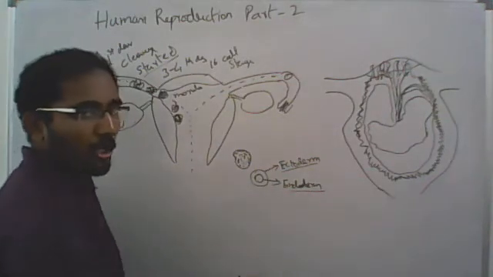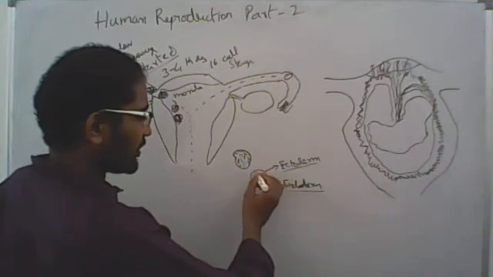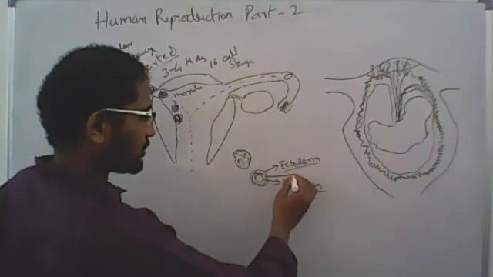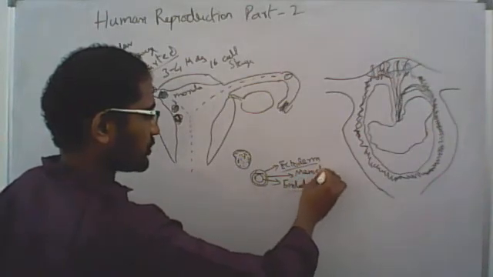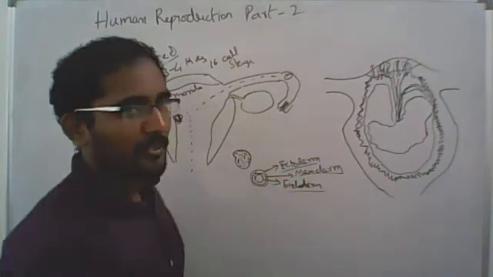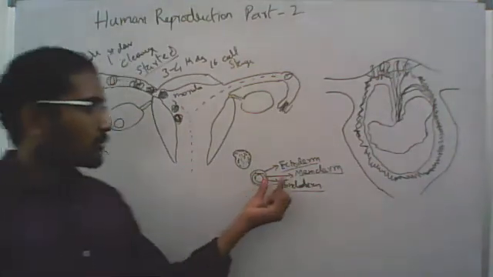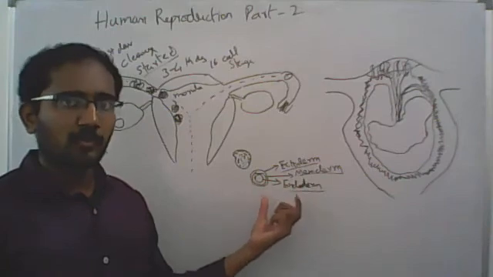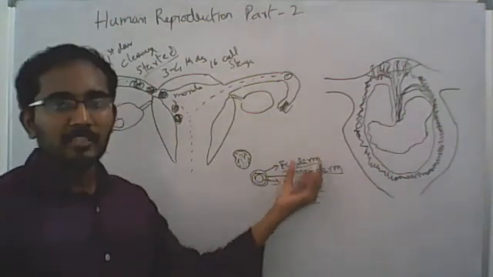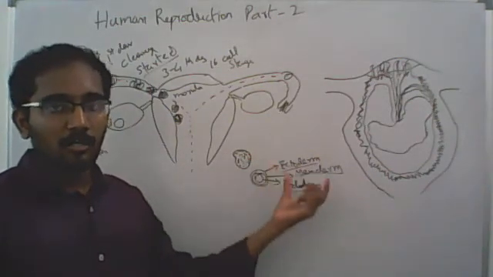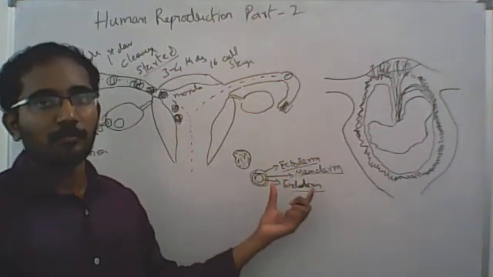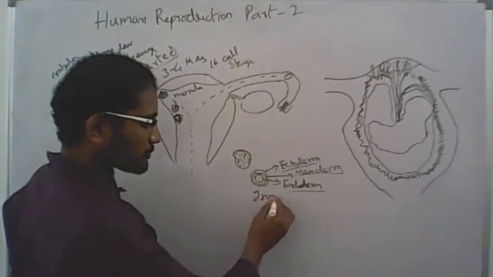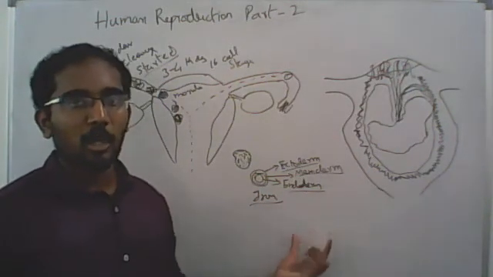Then after some time, another layer also forms in between endoderm and ectoderm. That is the mesoderm. So we call these triploblastic animals. So mammals are also triploblastic animals. From these three germ layers only, all the organs are formed. Okay. So now the cells are going to grow and form the individual organs.